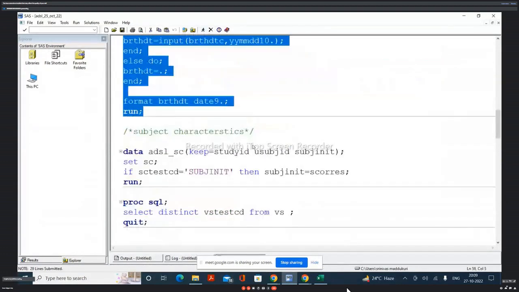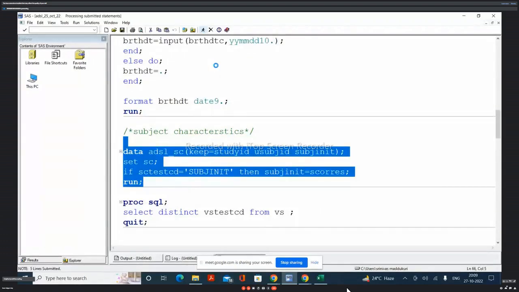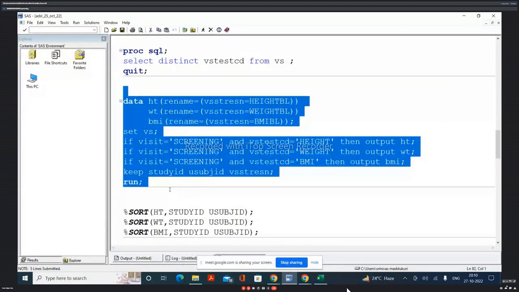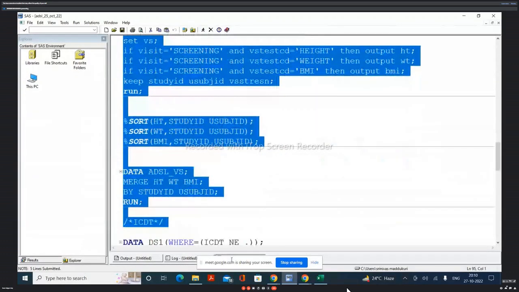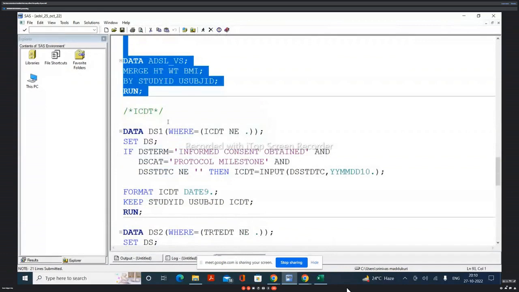Then we created the variables from the subject characteristics, and we created height baseline, weight baseline, BMI baseline from the vital signs, and we created one final dataset called ADSL underscore VS, and then informed consent